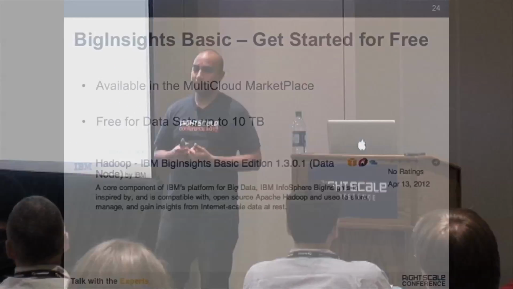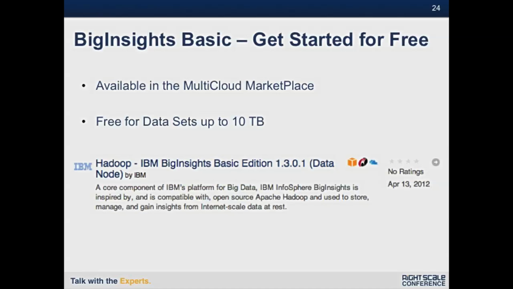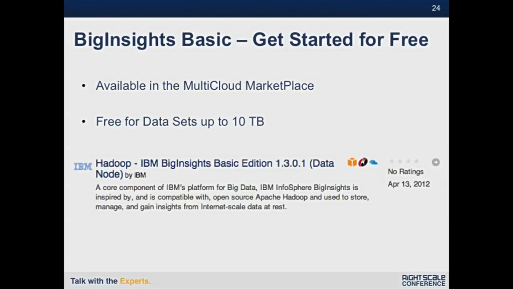The next thing is, as you go through that training module, IBM has a couple of products here in their BigInsights family. They have a basic edition of BigInsights, which is their Hadoop analog. They've taken Hadoop and hardened it and provided a support structure around it so that you can use it in an enterprise structure. And they've built a set of server templates, which are available within the RightScale multi-cloud marketplace. They are already built to work across multiple different clouds.